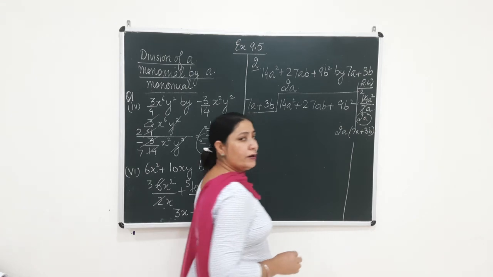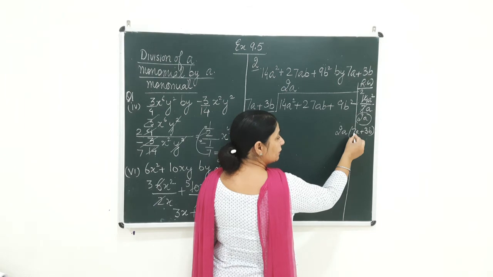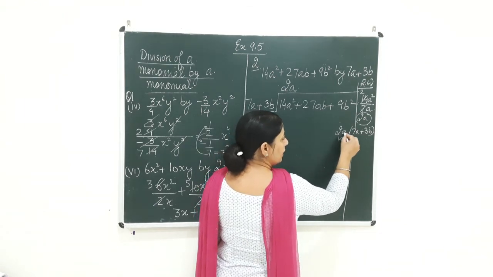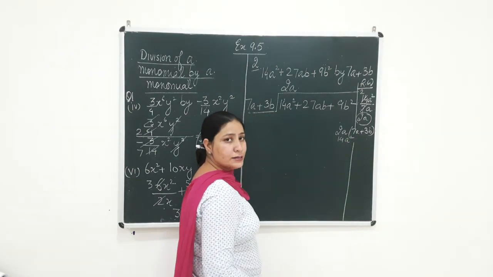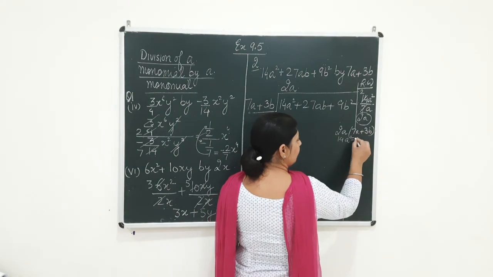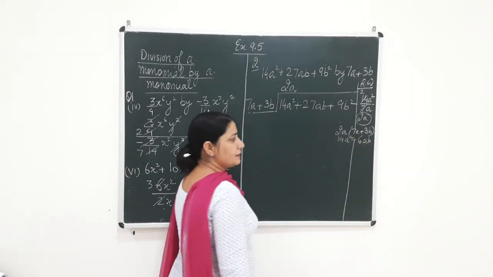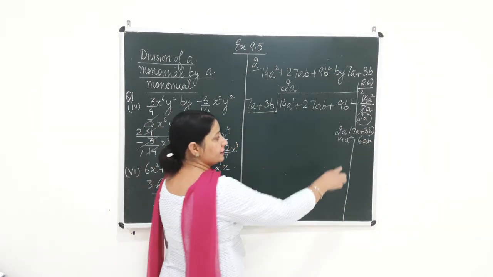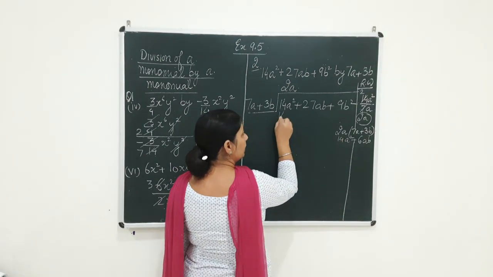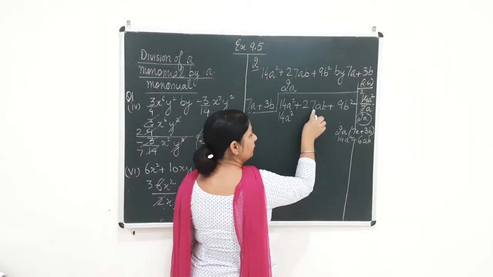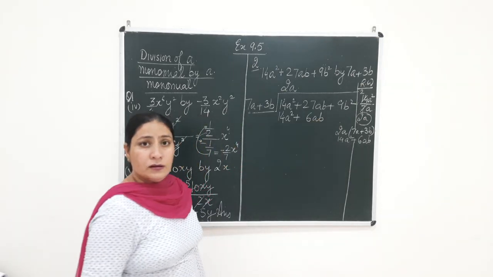This concept beta, you have done in the previous videos, how to divide. First of all, constant will be multiplied with the constant. 7 2s are 14, a and a, because there is a multiplication sign, the powers will get added and I get 14a square. Now again, plus sign, 2 3s are 6, a and b, because they are unlike terms, I will get 6ab. Now where to write this, beta? This has to be written here. A square term will be written under the a square term and ab term will be written under the ab term. 6ab. Clear, beta?